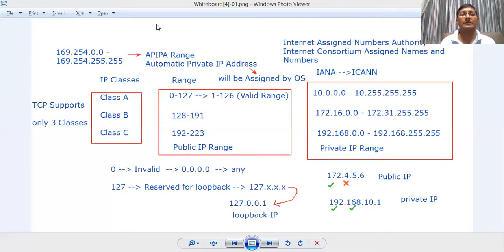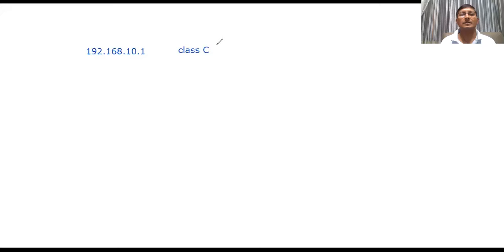Now, if I go back to this example, according to the concept, the first one is true. The second one is also true. That's the reason we can say private IP address. If the condition fails, we can say public IP. Got an idea? Now let me give one more example. Still, if you are confused, you will get clarity on this.